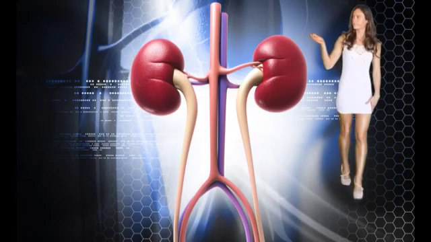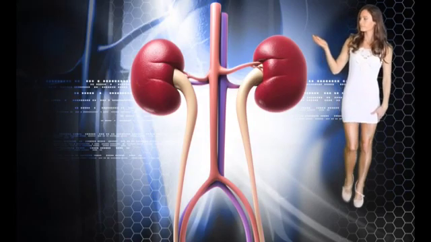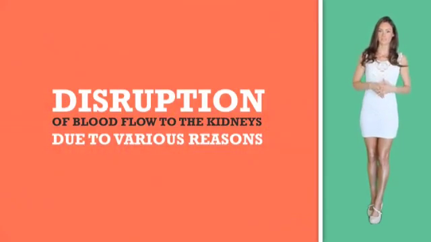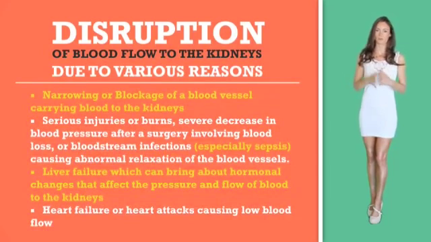Pre-renal. If this part is affected, the kidneys do not receive enough blood to filter. The reasons can be dehydration due to diarrhea, vomiting, loss of blood or water pills, disruption of the blood flow to the kidneys due to various other reasons such as narrowing or blockaging of the blood vessel carrying the blood to the kidneys, serious injuries or burns, severe decreases in blood pressure after surgery involving blood loss, or bloodstream infections,